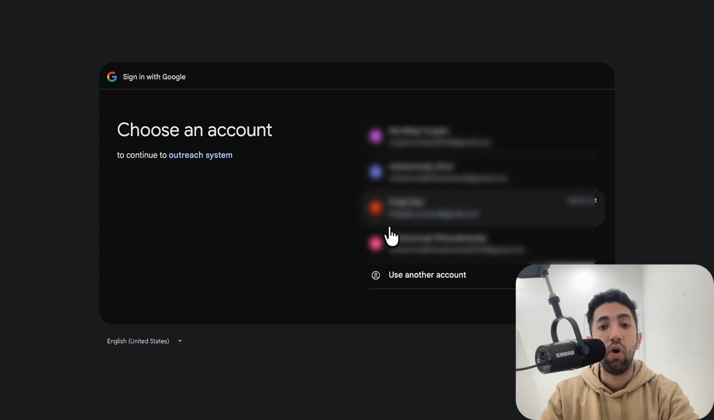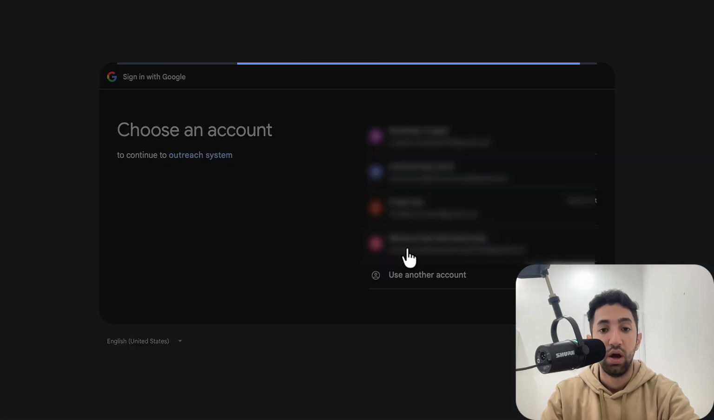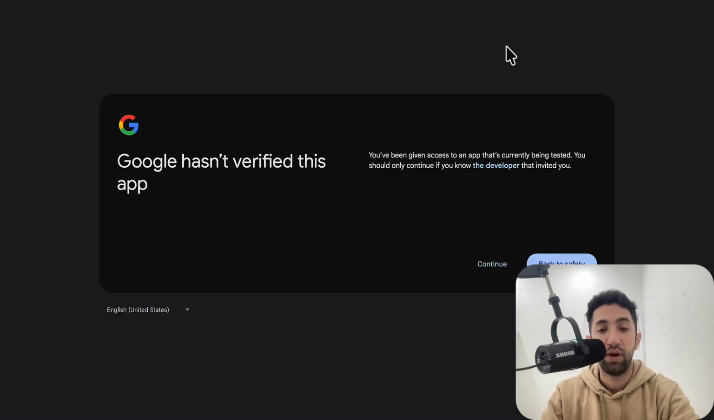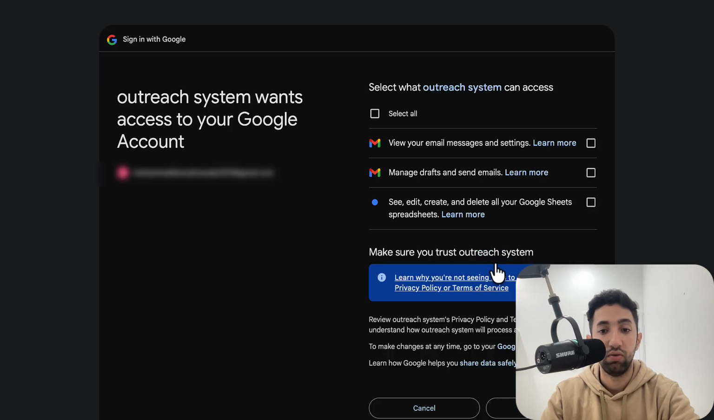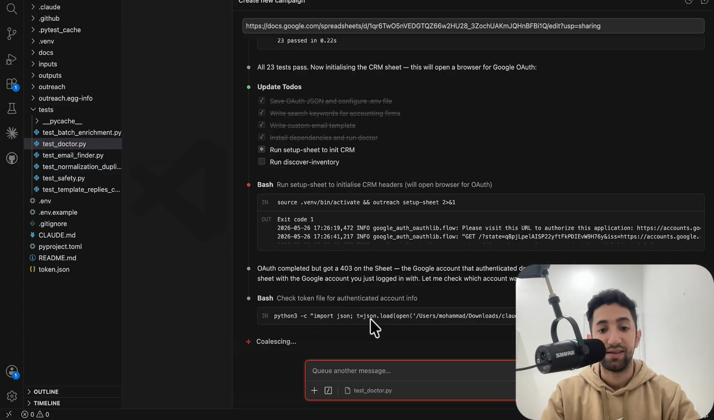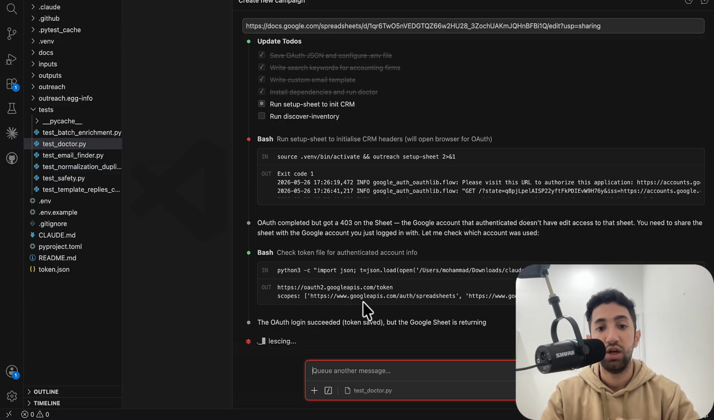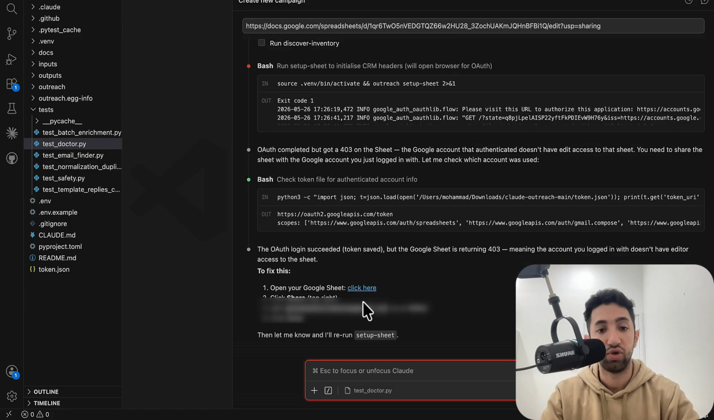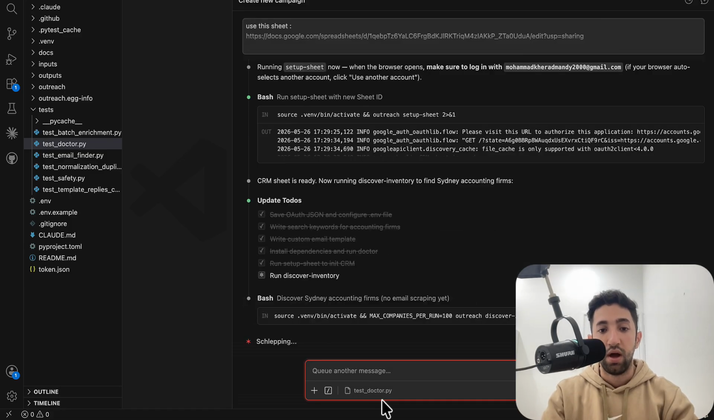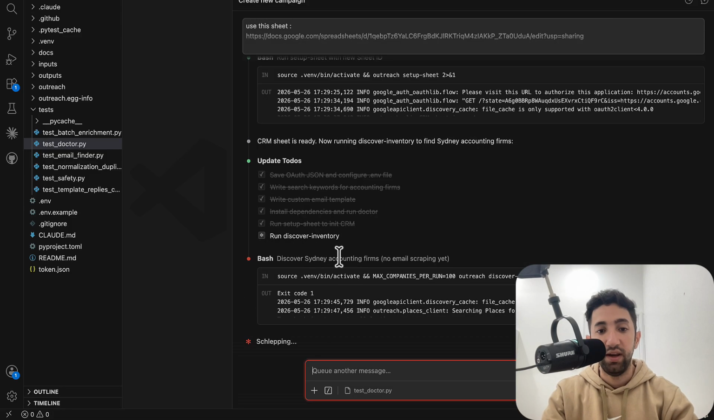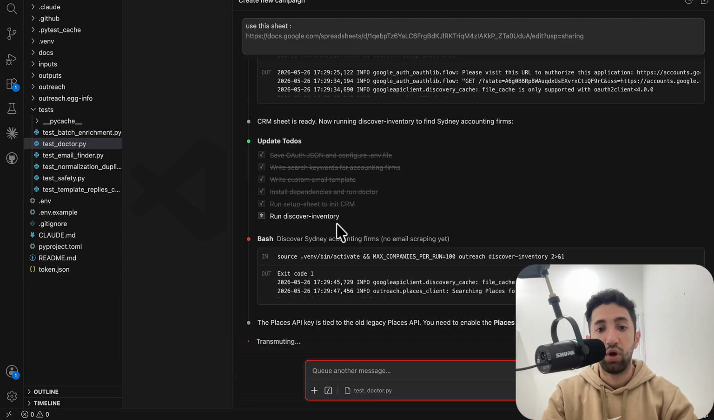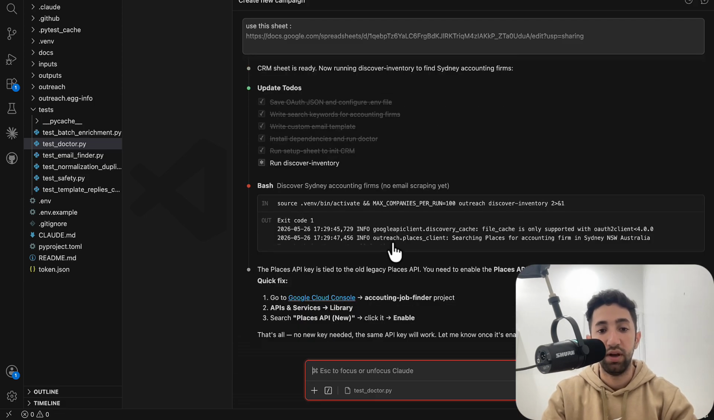Now for OAuth, we have to log in with the same account that we provided as a test user. Claude automatically opened my browser. We have to log in. Just click on continue. Select all in here. Click on continue. Now it has access to my Google Sheet, my Gmail, and it can write or change anything I like. Our CRM is also ready, and now it runs the project to find different companies and add them